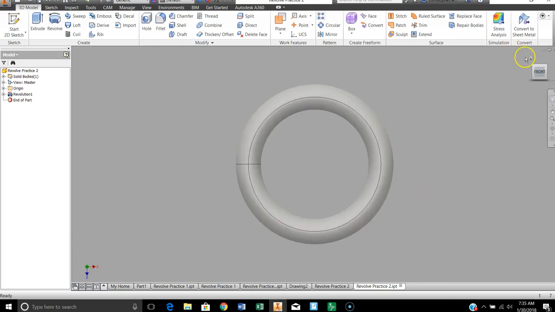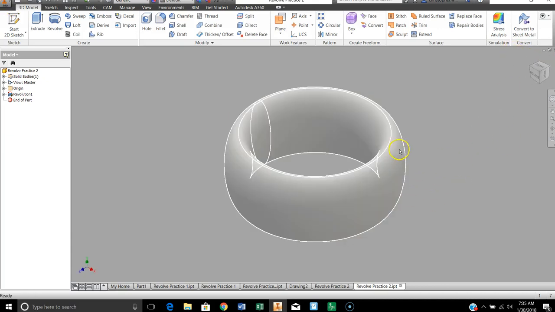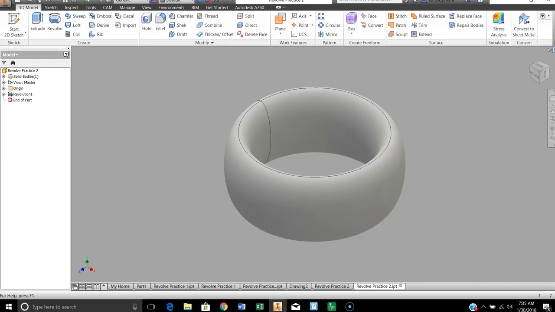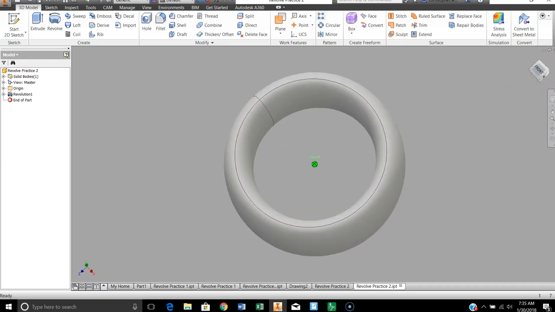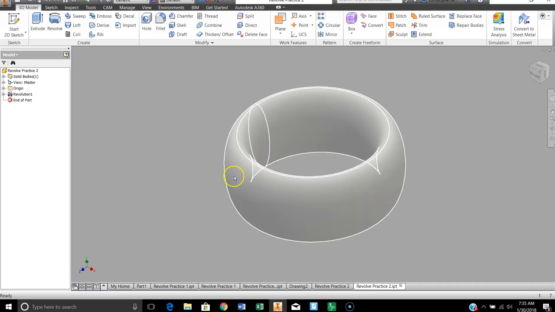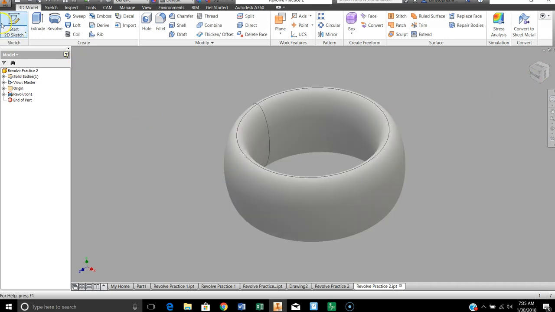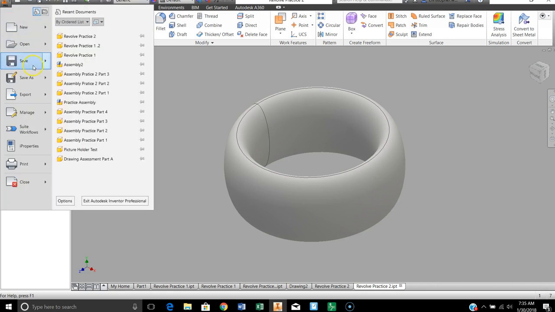So for this one, we are going to use Revolve. We're going to make this ring-like shape that you see here. And we're going to actually learn how to make an ellipse as well. I'm not sure the way I'm going to show you to do the ellipse is the best way, to be honest with you, but I think it'll work well enough. All right, so